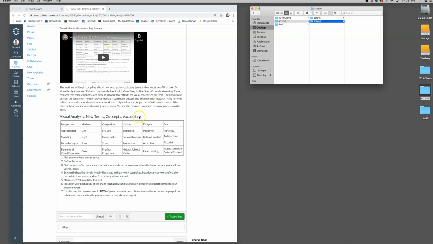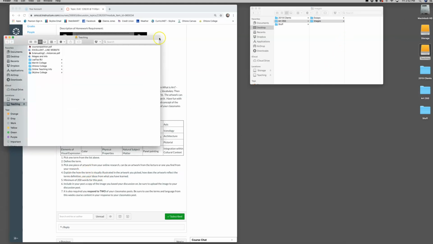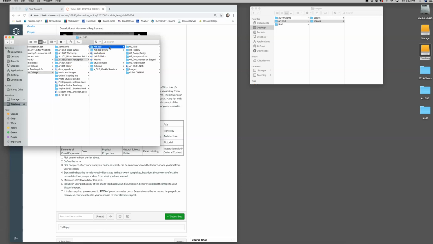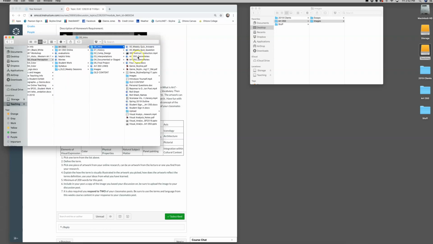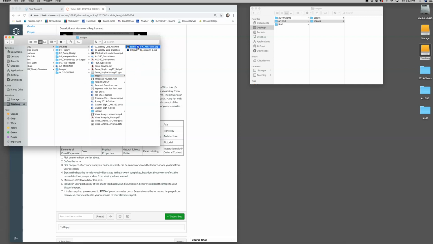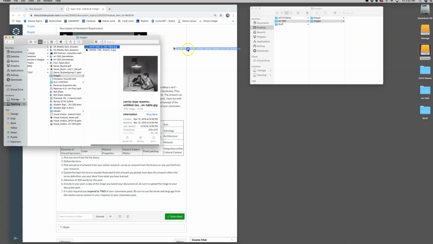For this first assignment, I've asked you to pick one of the vocabulary words. And with each week when we have a vocabulary homework project, you're going to need to include the artwork, which you'll be visually illustrating the term that you're working with. So I'm going to go ahead and find an image for this week's homework. So you're kind of seeing my digital workflow. I've got a bunch of images. I'm going to go ahead and grab this photo by Carrie Mae Weems,